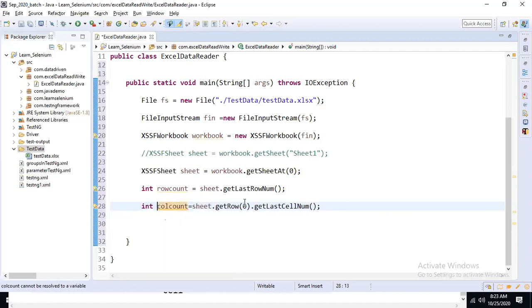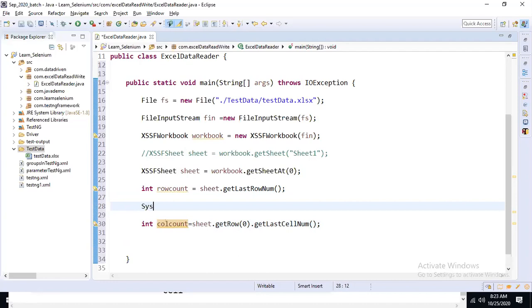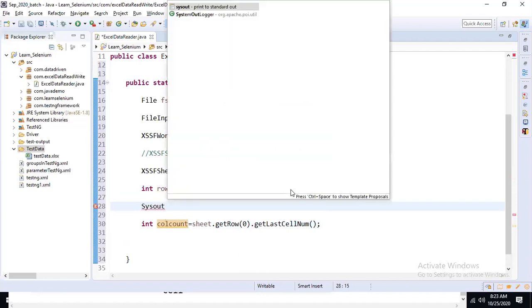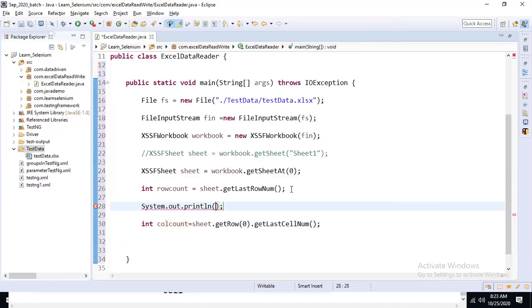So it will return how many rows are there within the sheet, meaning how many rows of data are already prepared.